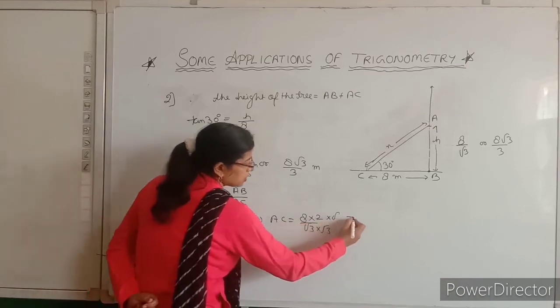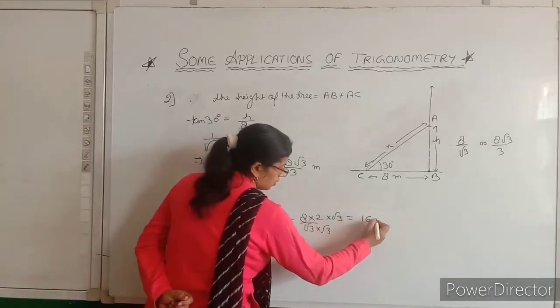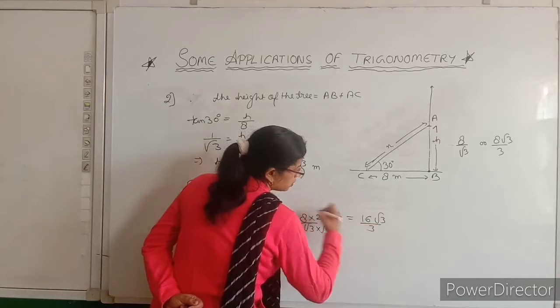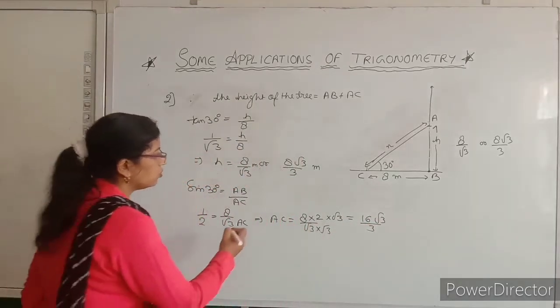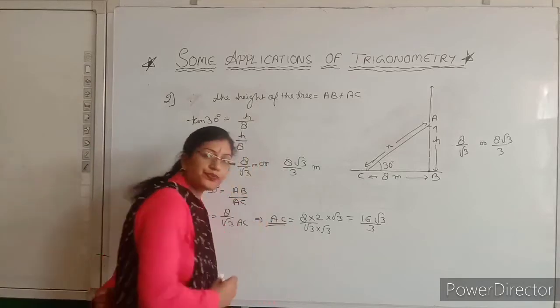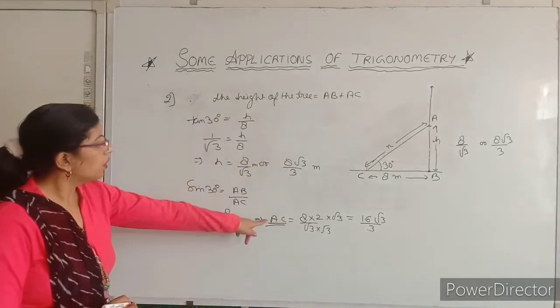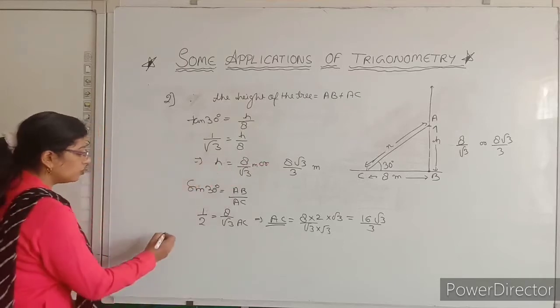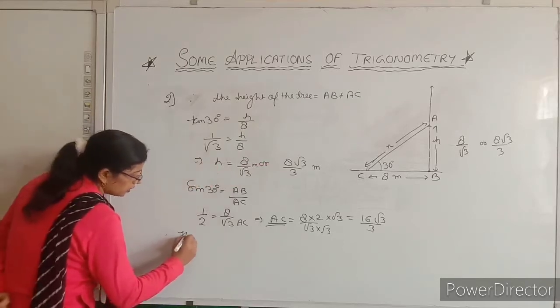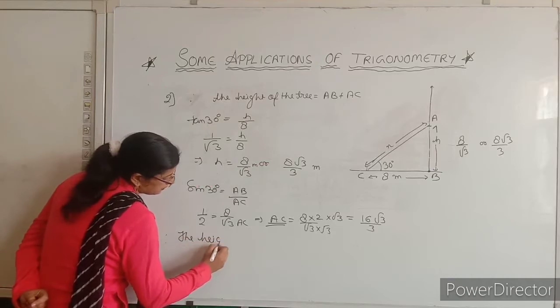So 8 twos are just 16 root 3 upon 3. Okay, this you got, the AC. So this is AC. Got AC. So now AC you got and AB, also you got H. So therefore you directly find the height of the tree